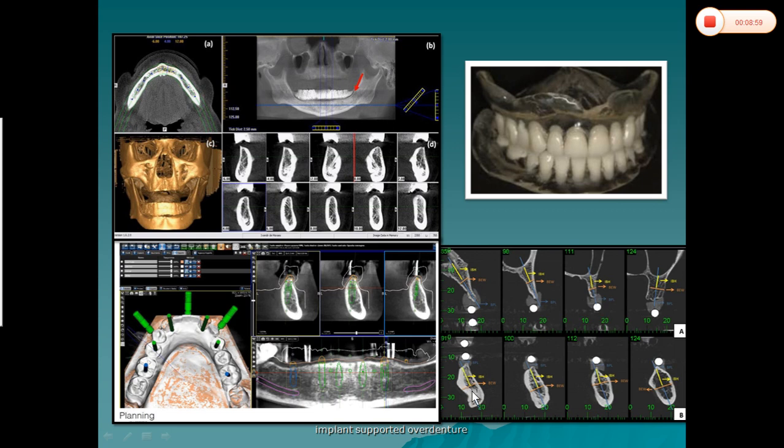See how much occlusion, from the crest of the ridge to the inferior border of the mandible, what is the length of the ridge, and what is the width of the ridge, everything in each section from crest to the inferior area. They will be sectioning and giving each length and width of the ridge can be identified. And also they will show us in CBCT, they will program such that they will place the implant and show us whether they are encroaching any anatomical landmark such as the inferior alveolar nerve.